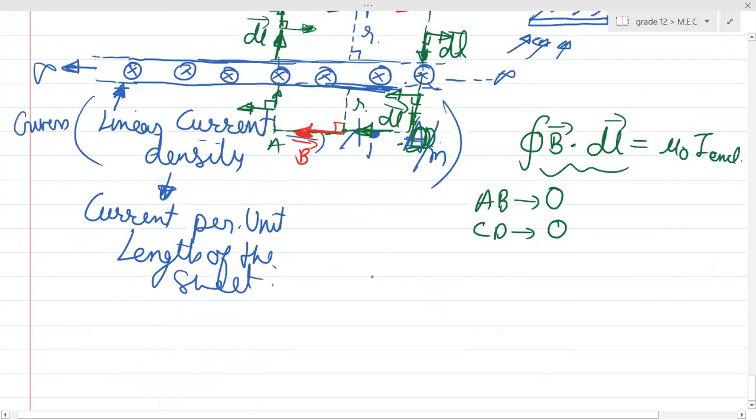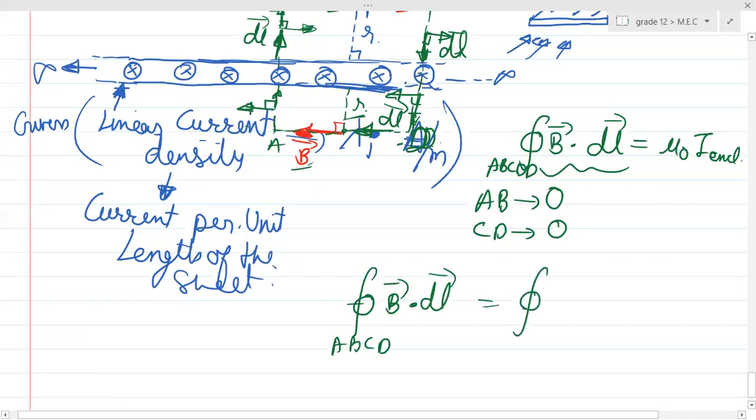Since I have chosen it symmetric, at distance R, B will also be symmetric, right? So can I write the integration over A, B, C, D is now only from B to C, B dot dl,